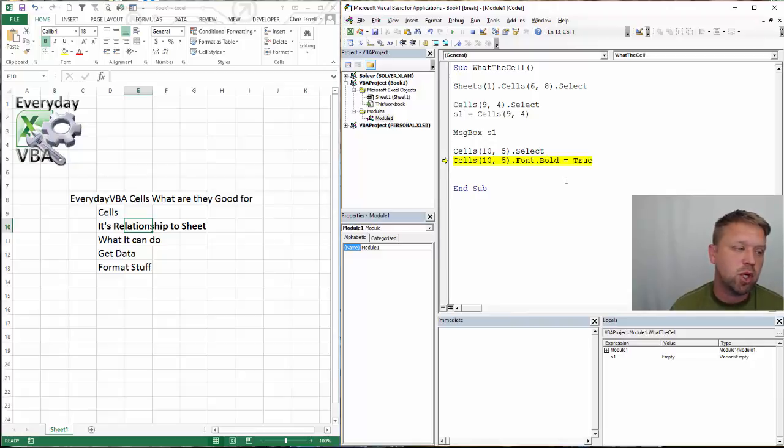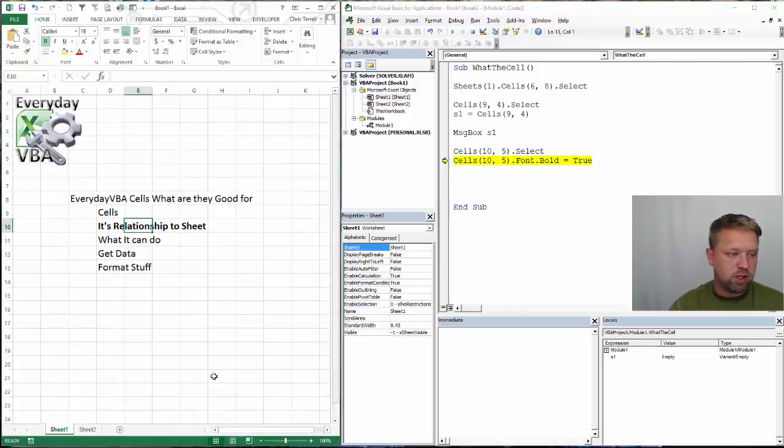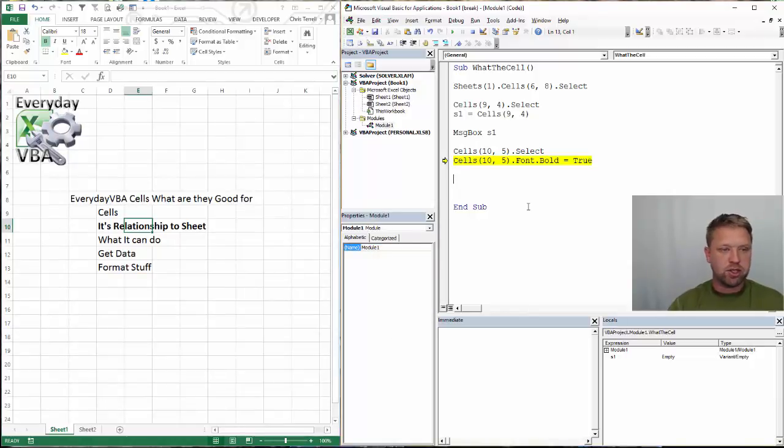Typically when you're coding, unless you're trying to code to make things pretty, you're basically going to be taking data and you're going to be putting it somewhere else. So let me just show you really quickly how we could do that from one sheet to another. So we've got Sheet1 and Sheet2, so I just added a sheet, and we're going to go Cells. No, actually we need Sheets, and we're actually going to use the sheet name,